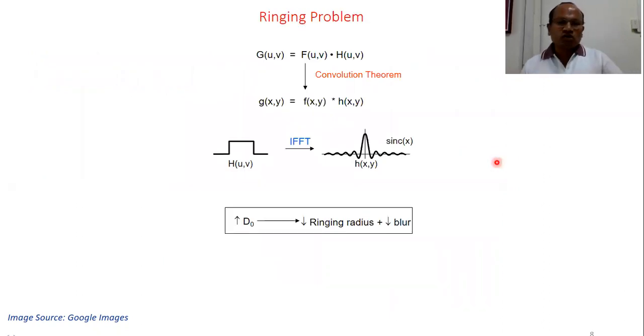So as I told you, the ringing problem is there. So how does ringing appear? This is the convolution theorem we have already understood in the basic concept. We apply convolution directly in the frequency domain. And when we take the IFFT, the response looks like this. And due to ripples present after the inverse Fourier transform, when there is ringing, we'll find the response